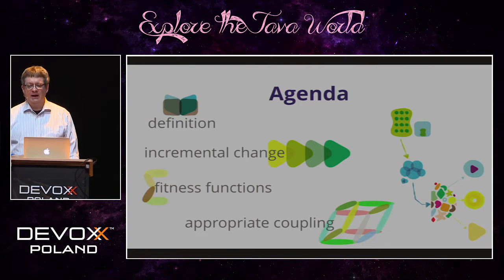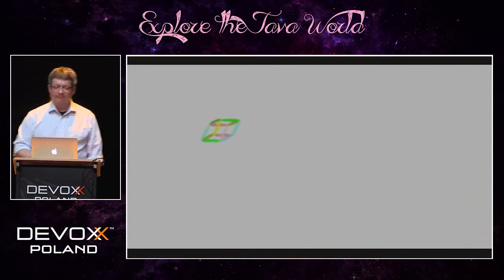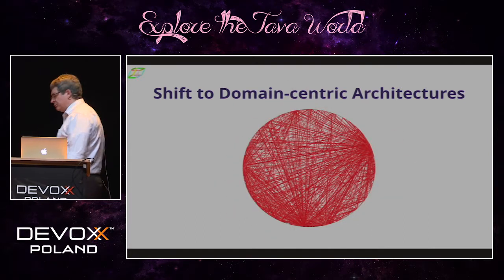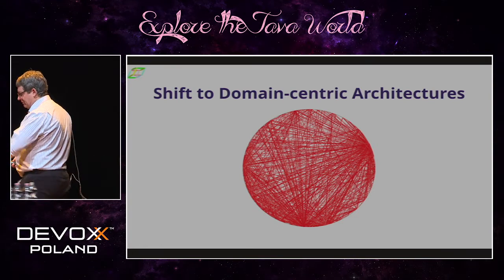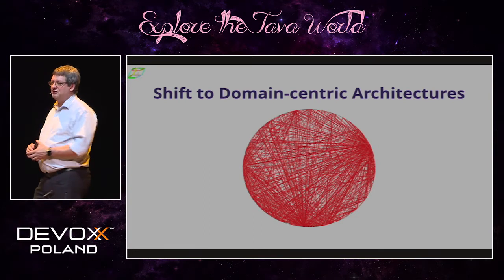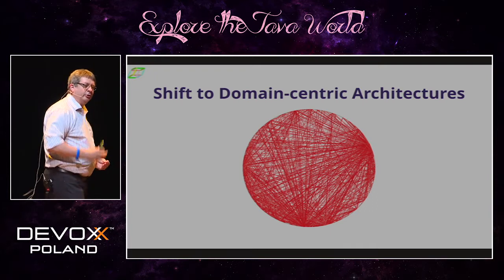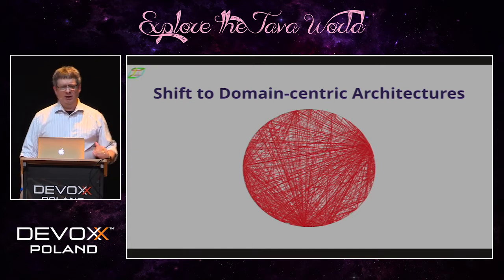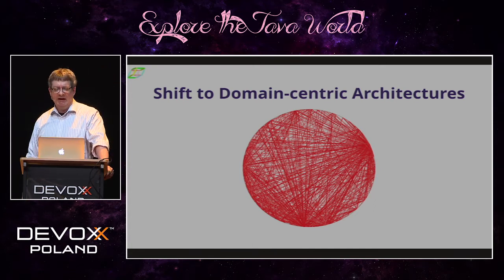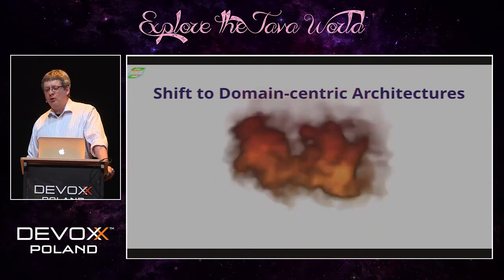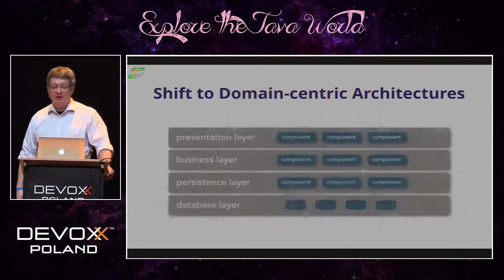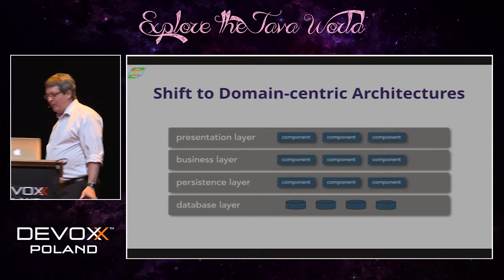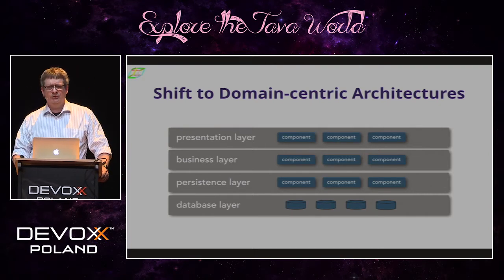So let's talk next about appropriate levels of coupling in architecture. And I mentioned earlier this shift to domain-centric architectures. In many ways, software architecture is fighting yesterday's battle, because you build one or two or a half dozen of these big ball of mud kind of architectures and you say, man, that was terrible. I never want to build another one of those again. And so you get rid of that one and you build a more traditional layered architecture. And this is really great because now I can swap out my persistence layer anytime that I need to.